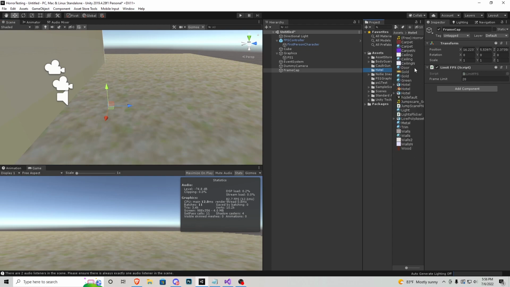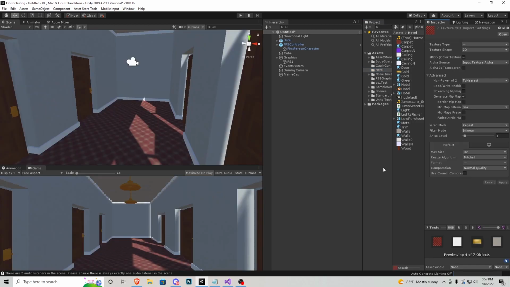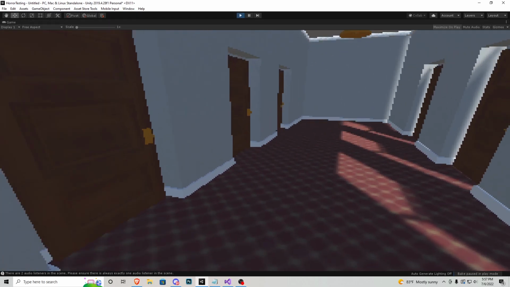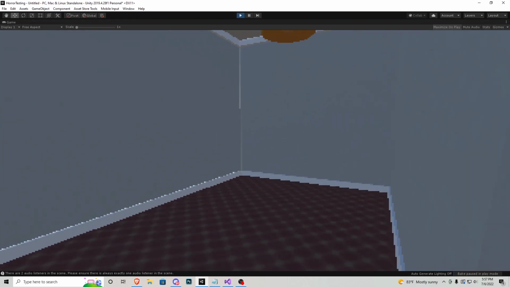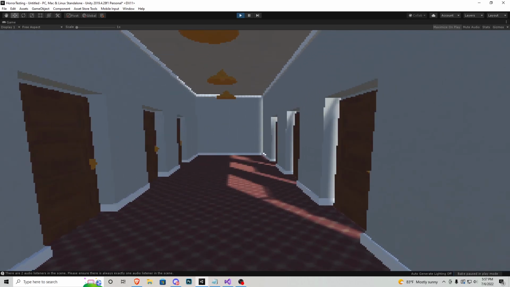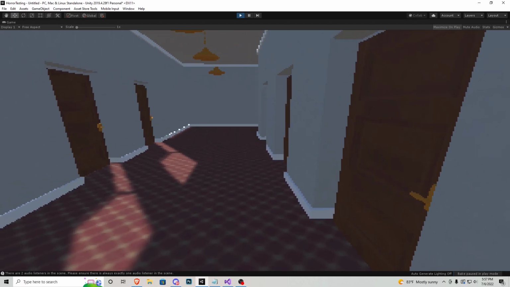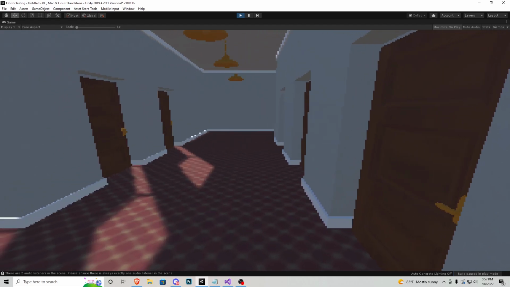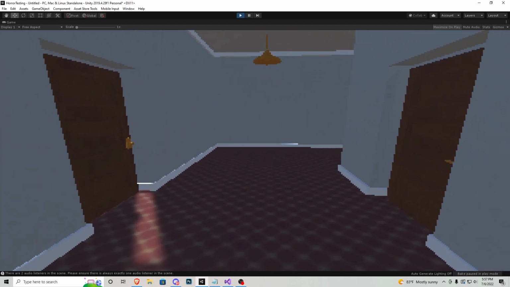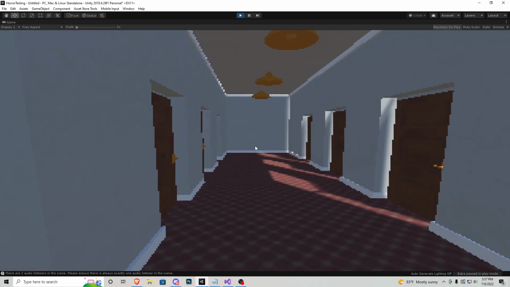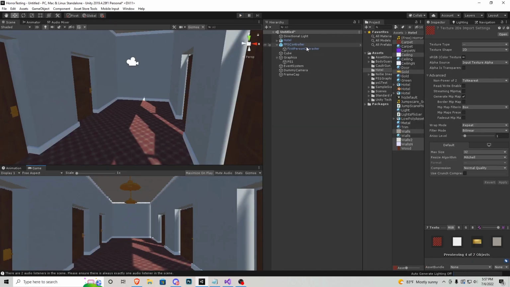Like if I put my character into the hotel I made for a previous tutorial, and using all those same techniques that we just did, changing our texture size, I changed it to 32. When we press play, we are now accomplishing PS1 style graphics. This is just a little hallway that I actually made for a previous tutorial. But you can see all the non-anti-aliasing, you can see the slow frame rate,